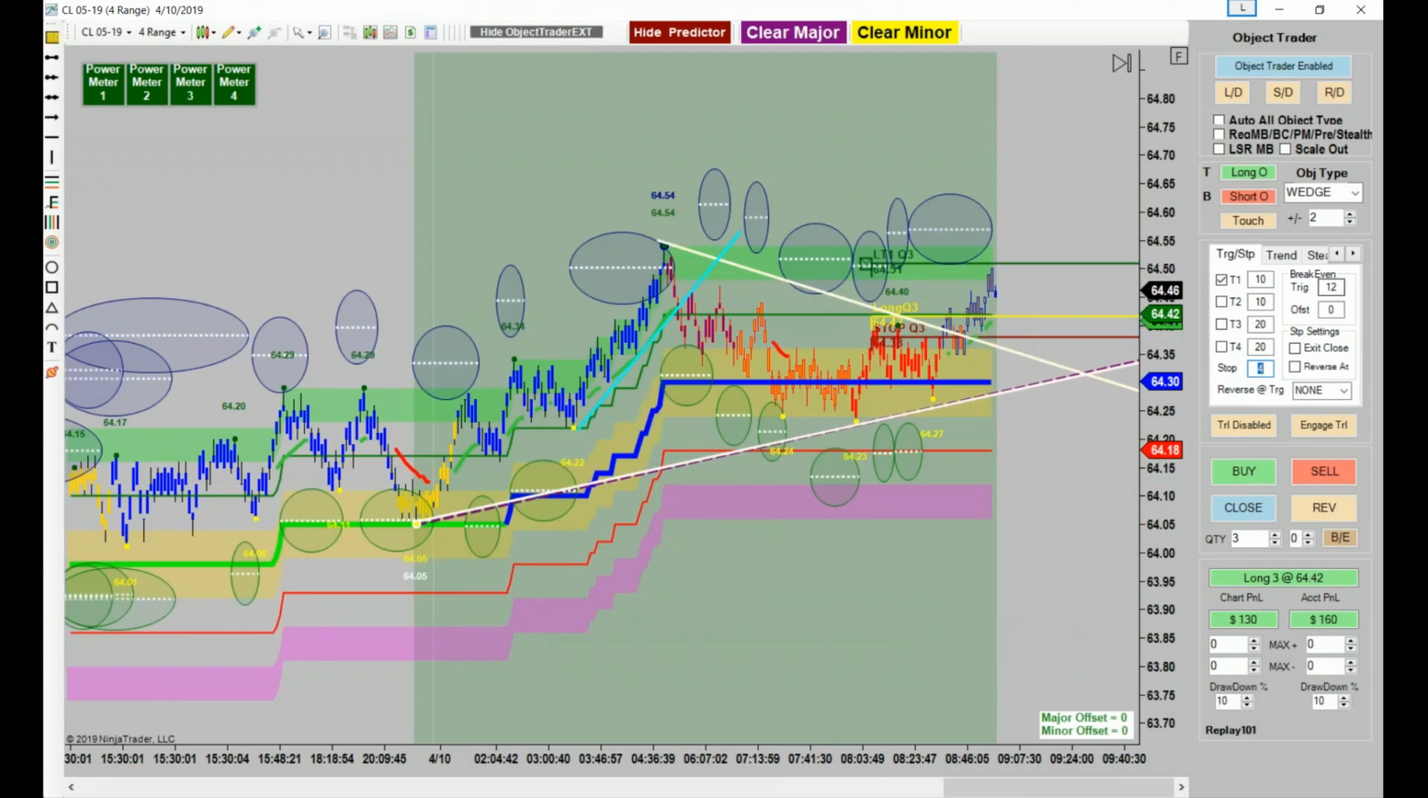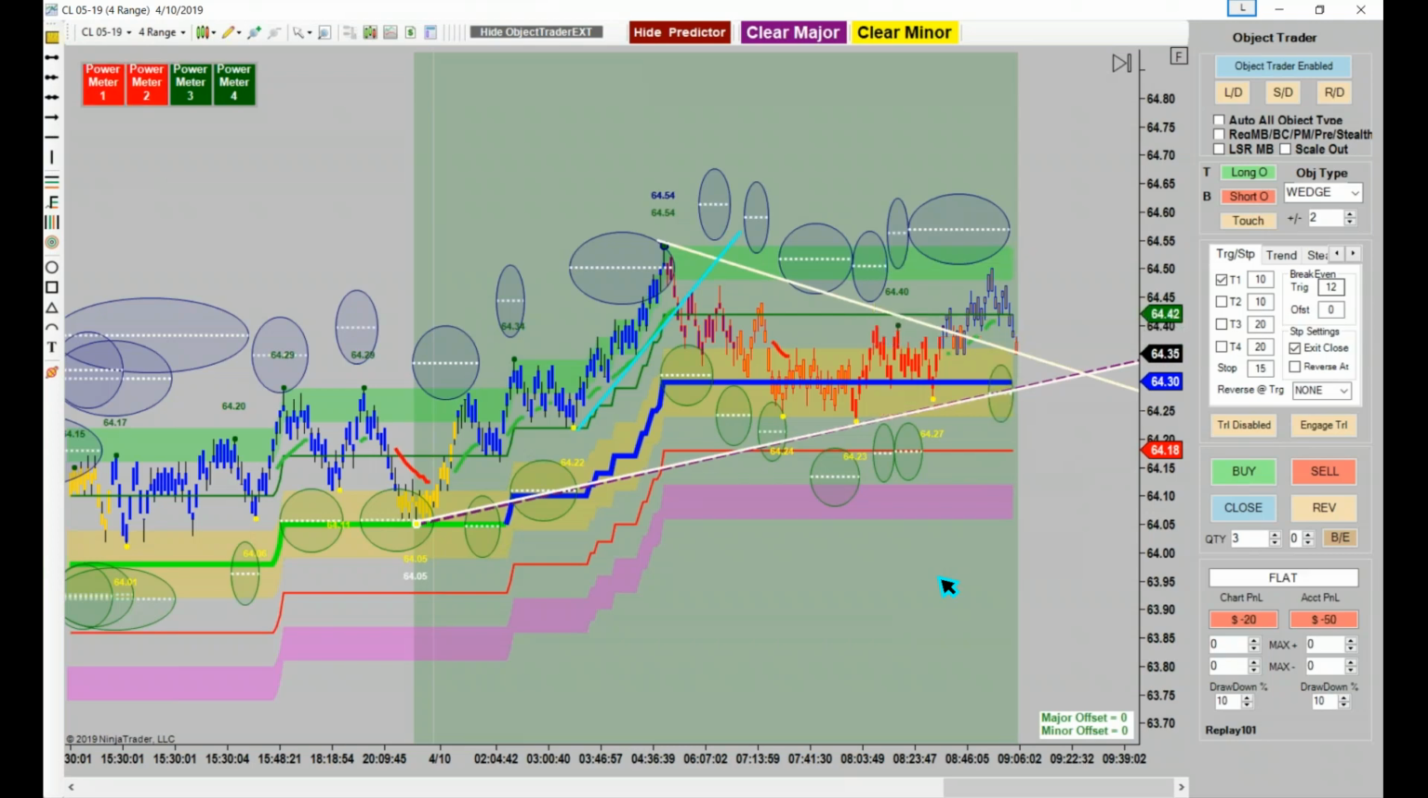Okay, anytime it's choppy like this, you really want to, more than likely, and I'm going to turn that on, exit on close. I like exit on close. It's stair-stepping up a little bit, isn't it? It may get us. If it does, it does. Yeah, that one got us. All right, so